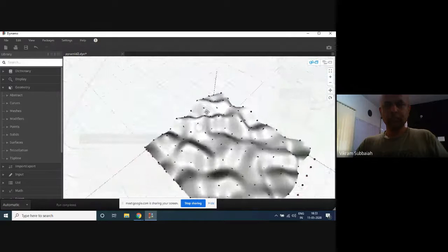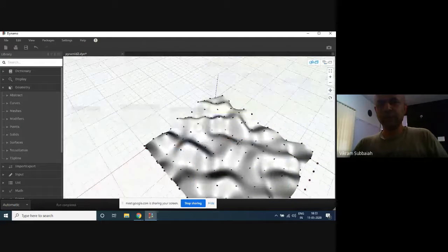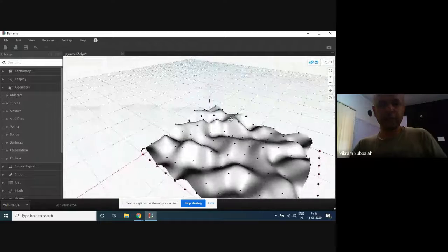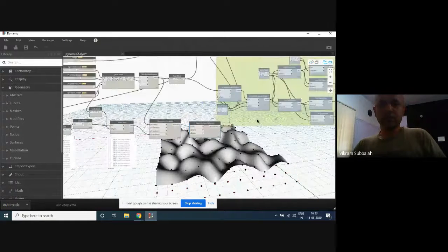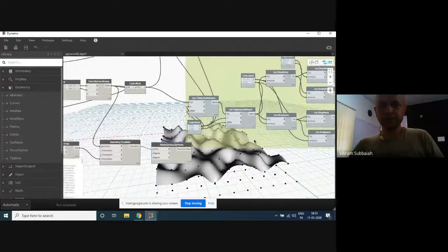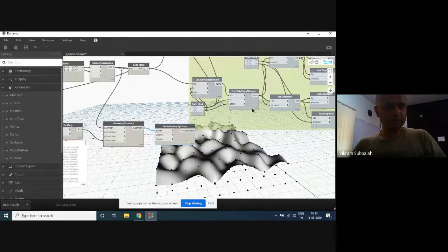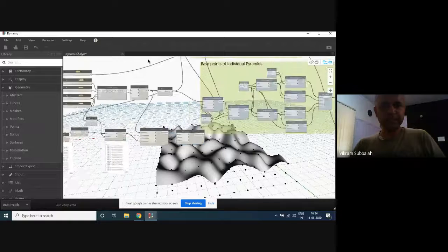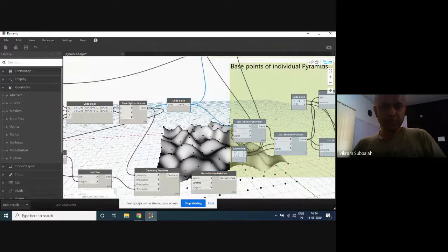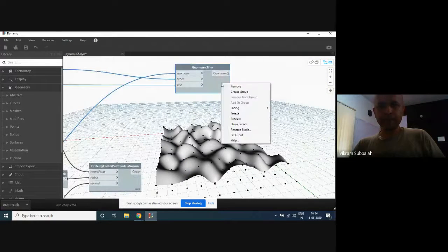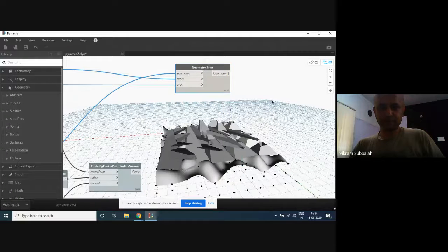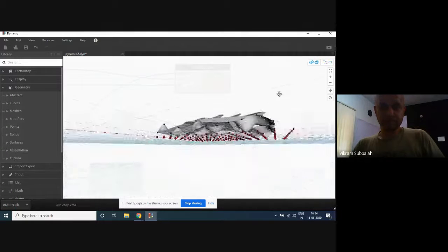Okay, so this is the surface, let's say we've created by randomizing those points. Now, Rupesh's question was, can we apply those pyramids to something like this? One easy way to do that would be by just putting those points in there. And let's see what we got. We got a mess.